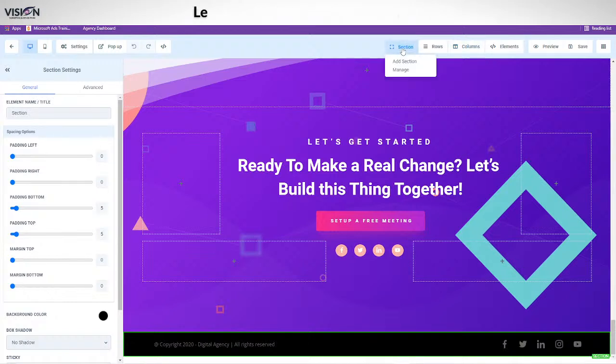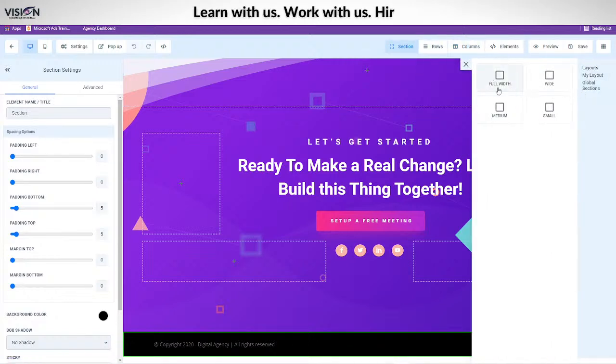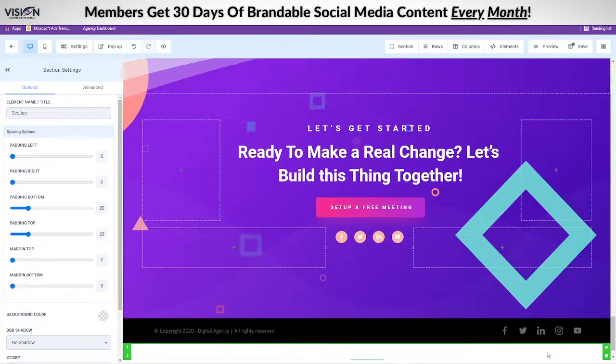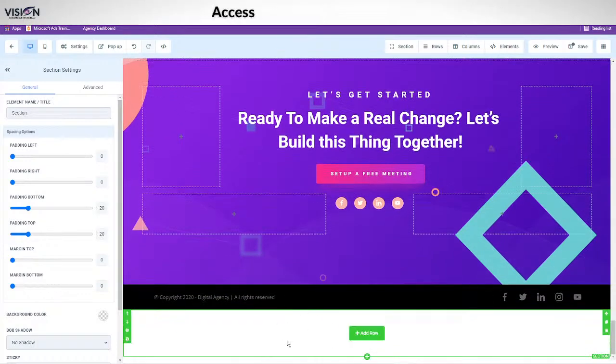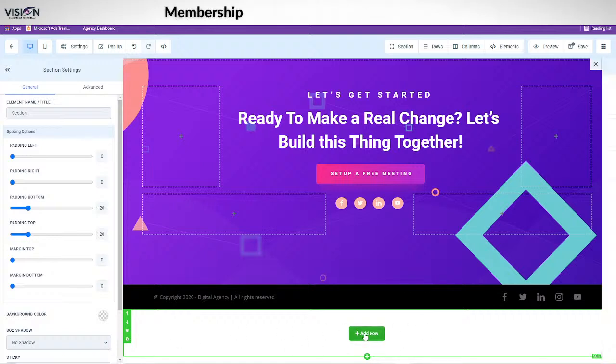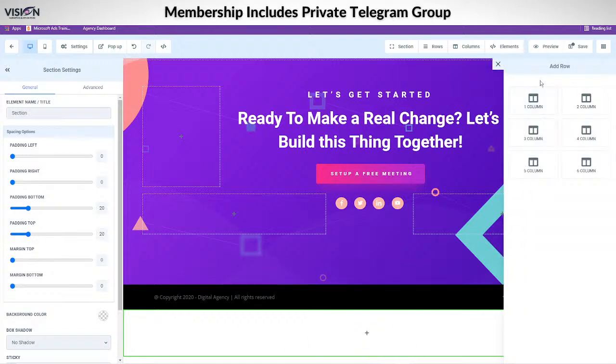So let's go ahead. We're going to add a section, and full width, if we want it to be the length of the website. We can choose wide and then medium and small, but honestly, I haven't even touched these yet. I've just been using the full width. You can either click it and it'll add to the bottom, or you can drag. Now that I've clicked and added this, if you hover over, it says add a row. So I'm going to click here to add a row. This is what I love about this. You can add one column, two columns, but maybe I have a pricing table, right?